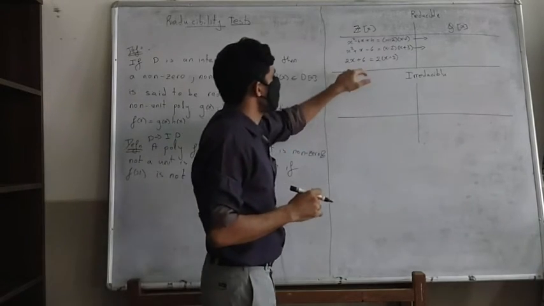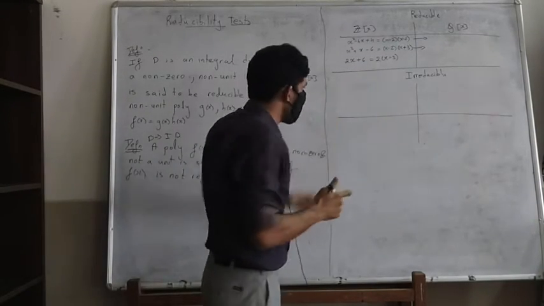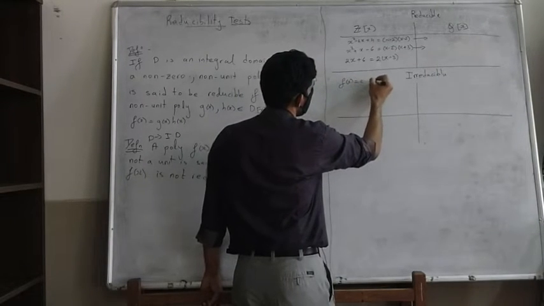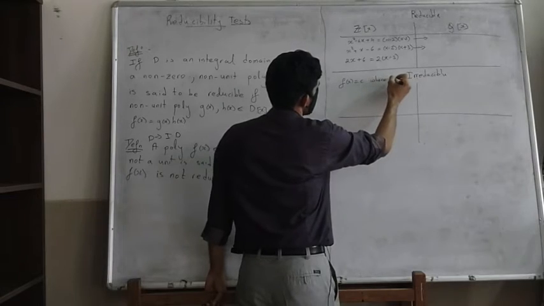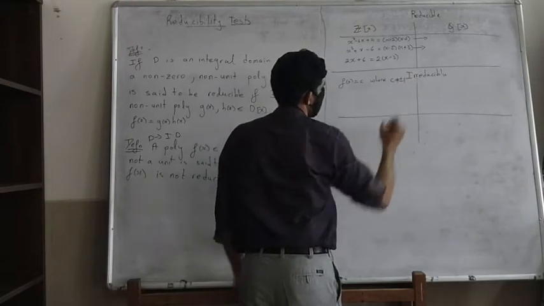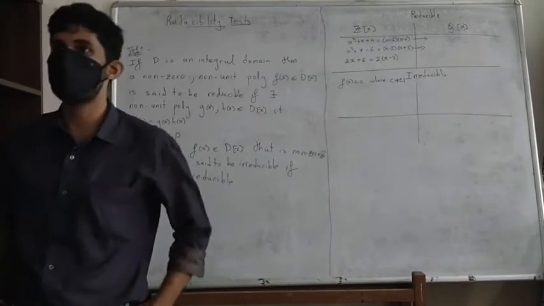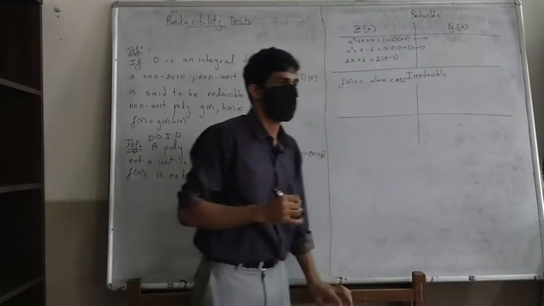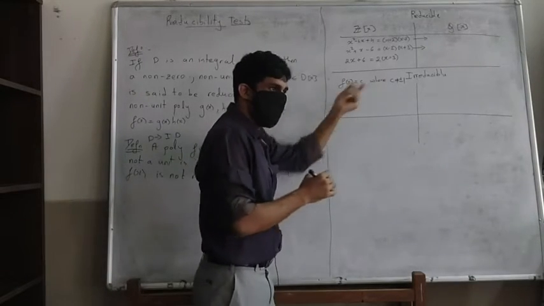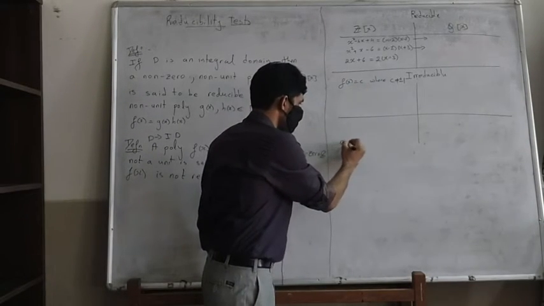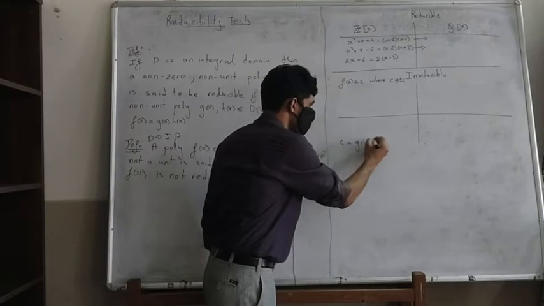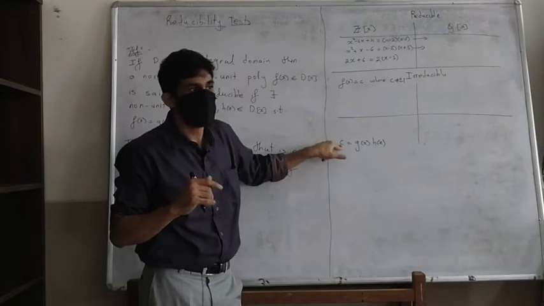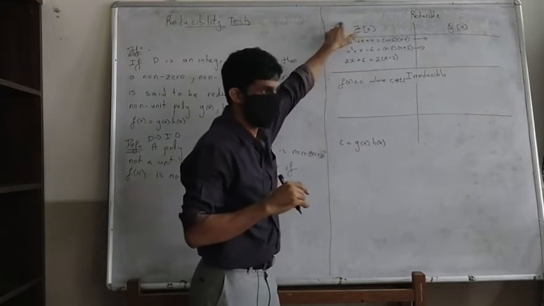Of course in Zx there are some nice ones you can have. One is f(x) equals c, where c is not equal to plus or minus 1. Can everyone see that this is irreducible? Why is this irreducible? Suppose I can take this c and break it down into some g(x) times h(x). Firstly, because this is of degree 0, and this is an integral domain.